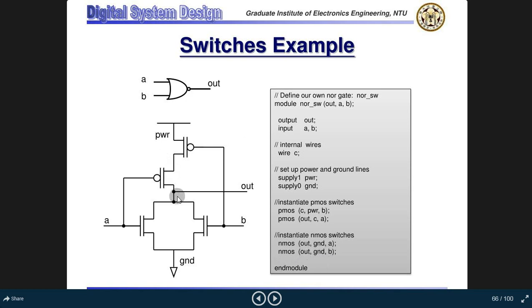Now we'll understand the logic of this structure. First, this is the PWR and this is the ground value. So this is the power supply. Now this is the input value and this is the output value. As long as the power is not connected, any kind of data will not be propagated from A to B. So this is the PWR switch. Now as soon as we connect the PWR with the source, this will start to provide the power value.